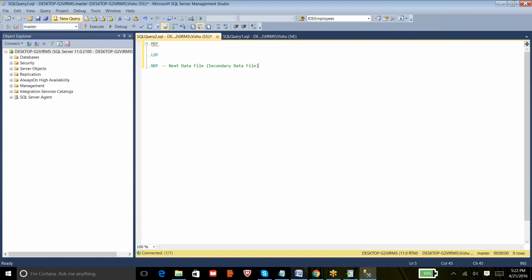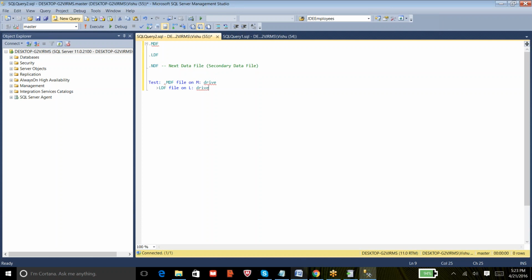So what is the requirement? When do we go for an NDF file? Let's say you have created a database called test, and you hosted the MDF file on the M drive, and the LDF file on the L drive.